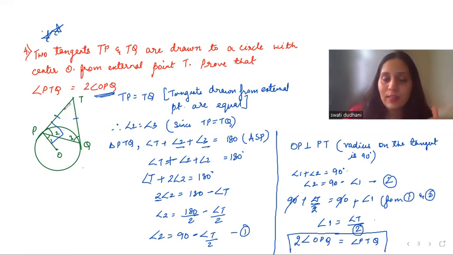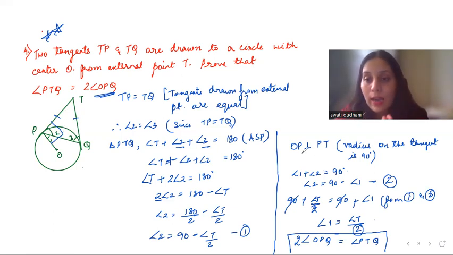So firstly here, let me again explain this question. PT and PQ are equal, the tangents drawn. So then angles will be equal. And then I considered this triangle, applying angle sum property, and radius dropped on a tangent is always perpendicular. 1 plus 2 is 90. So in both the equations, we found angle 2, and then we equated angle 2 values with each other, and we got it. I hope this is clear.